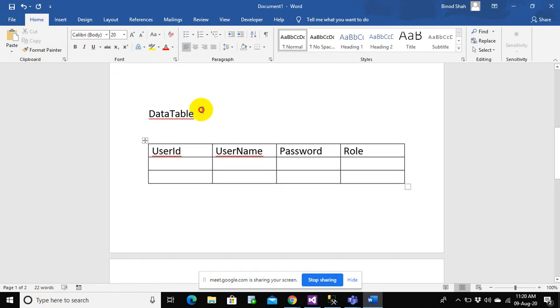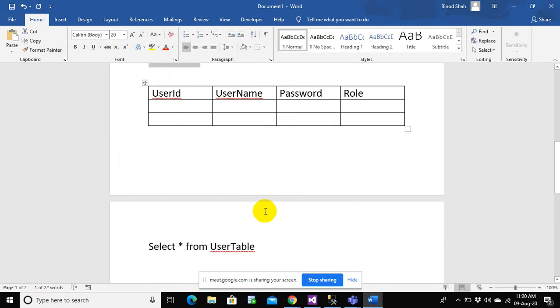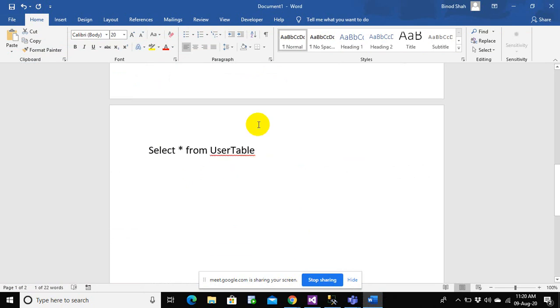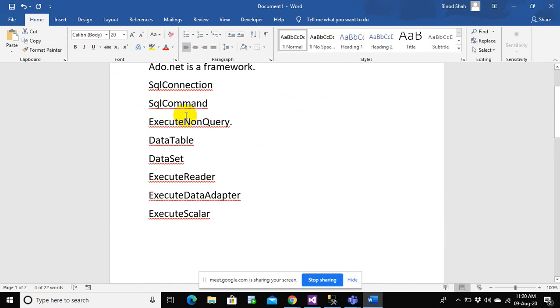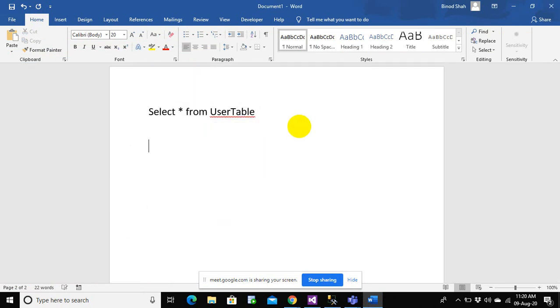The data table is nothing but simply a table that will contain the data, which can be manipulated and used to bind to somewhere else. Now how do you work with the data table? In order to work with the data table, you will create an instance of a data table, as you have been doing with the SQL command. So DataTable dt equals new DataTable means dt is now an instance of a data table.